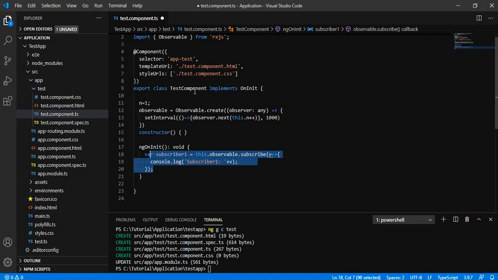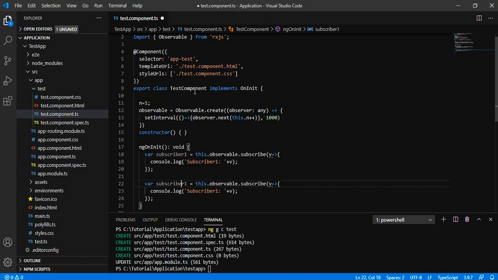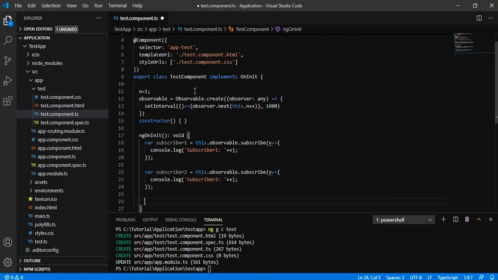And in the same way we will create another subscriber that will keep on receiving the same value from the same observable, and printing those with the help of console.log.